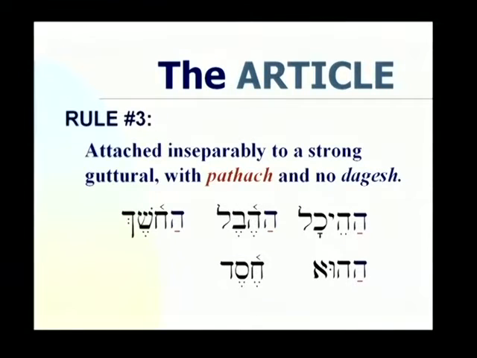Chesed. Chesed has the idea of steadfast, loyal love. It's covenant love, steadfast love, unmoving love, unending love. And in the definite, ha-chesed. The covenant love, the steadfast love. Chitti means Hittite or Hittites, depending on context. If we want to say the Hittite or the Hittites, we have to say ha-Chitti.